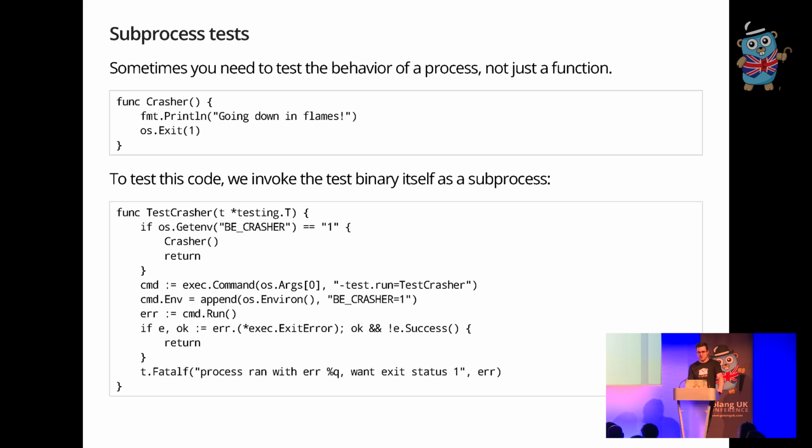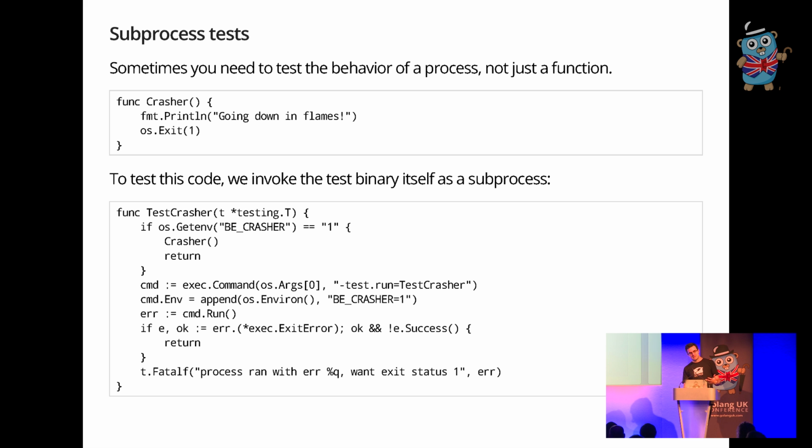So this function, crasher, makes the process exit with a status of 1, and prints a message first. Obviously, if we want to test that with the testing framework, it would just cause the test binary itself to exit, and we would never see any test results. And so one way to get around that is to have the test itself spawn the test binary itself as a subprocess. And so in TestCrasher here,